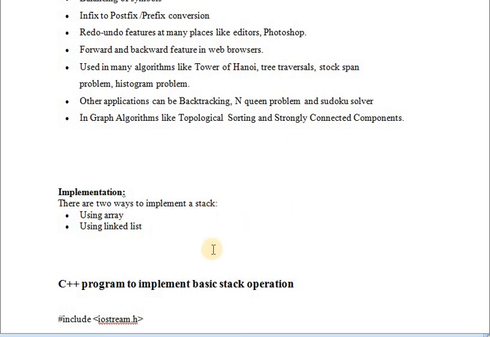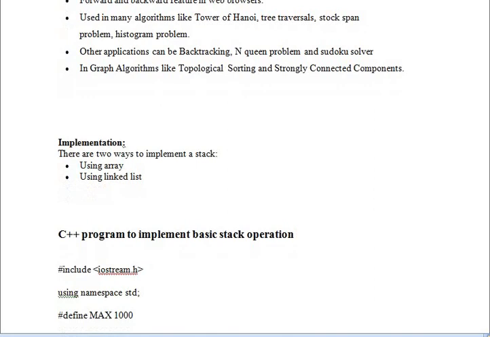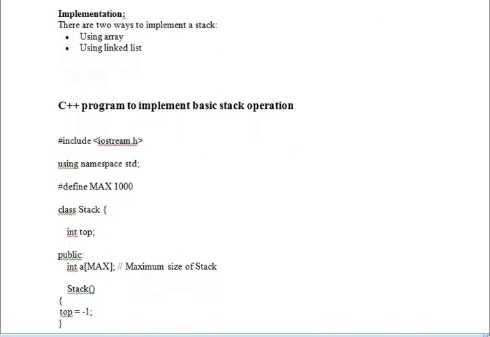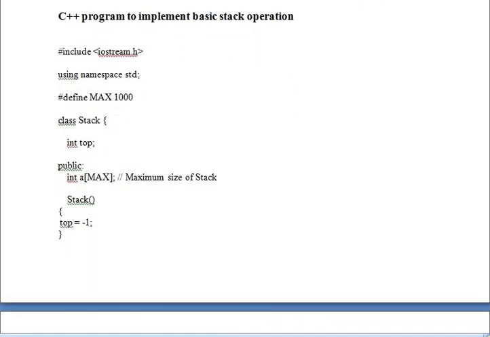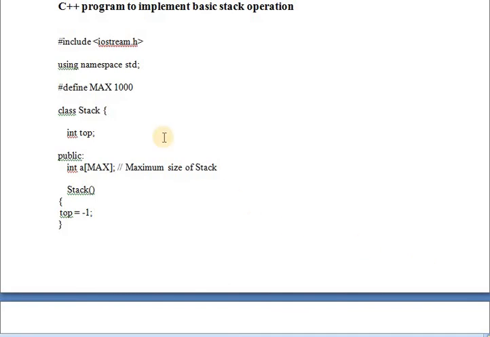Now we will see the C++ program to implement basic stack operations using an array. So we will see this program in detail. See here, hash include iostream.h. This is the header file.